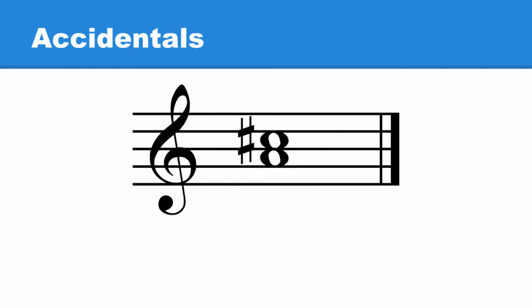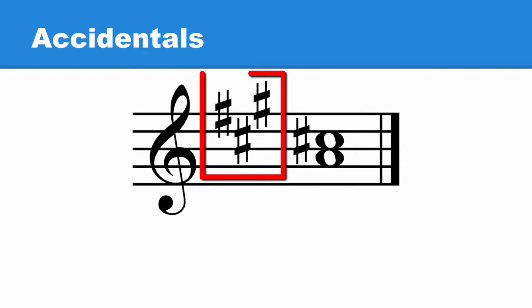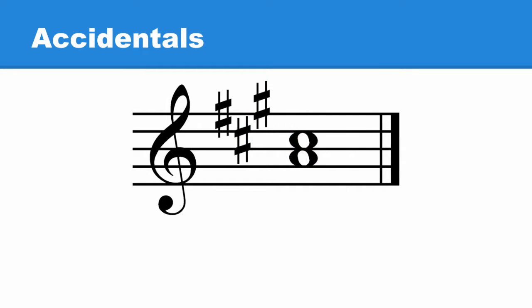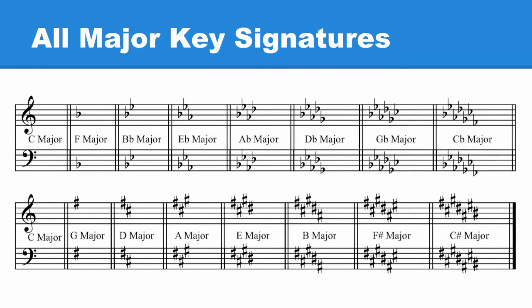Let's make this interval a minor third. For this demonstration, let's add the key signature for A major. Since C sharp is now in the key signature, there's no need to show the sharp sign here. With C sharp in the key signature, this top note is still C sharp. If you need to review how key signatures work, refer to the lessons on key signatures in the section on